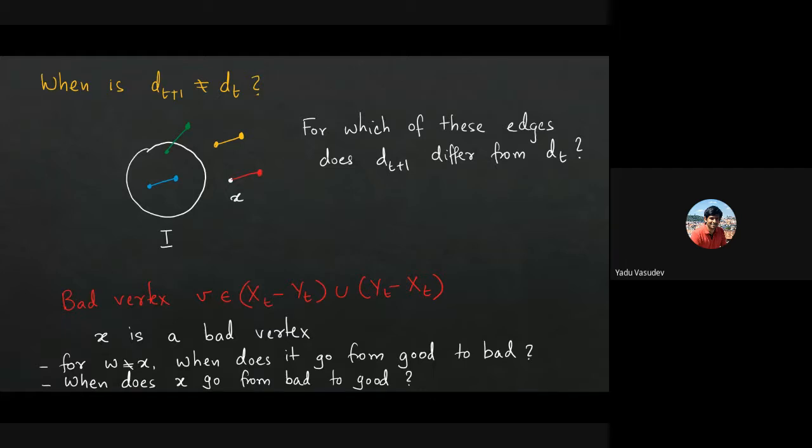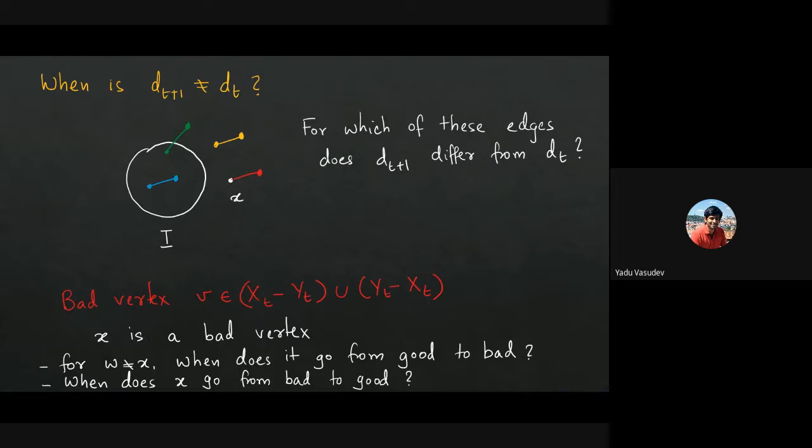No, we are selecting edges at random. We are not selecting pairs of vertices. Does that clarify? Oh yeah, there will not be any edge in I, so you don't even need to consider it. I'm sorry, you're correct. There is no blue edge. Good point. So does that clarify, Hardik? There's no blue edge.